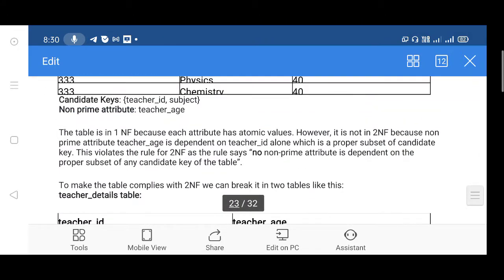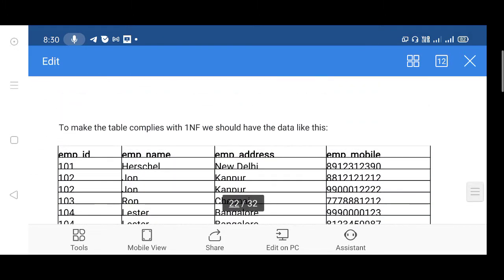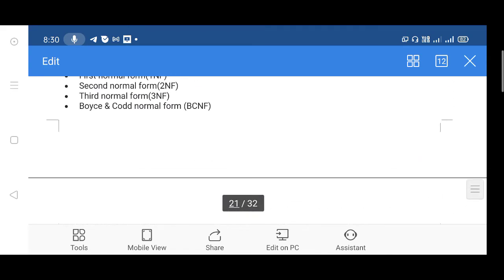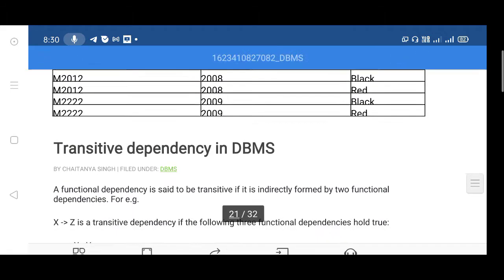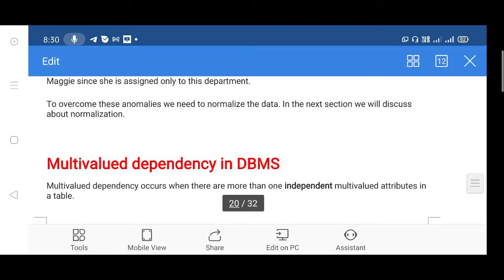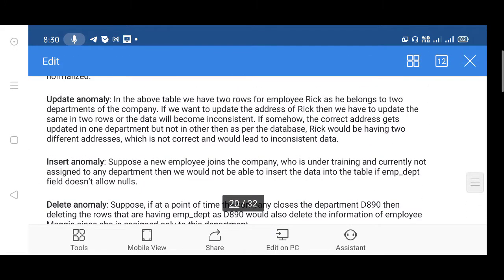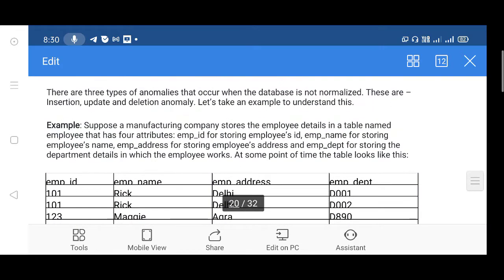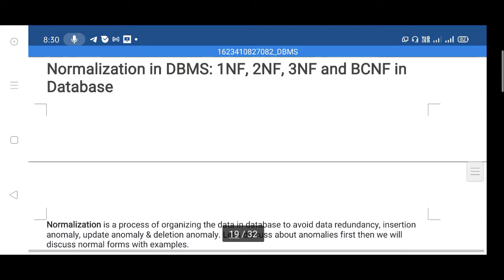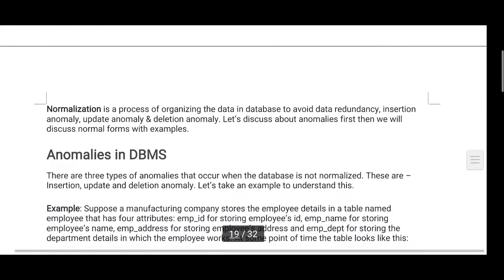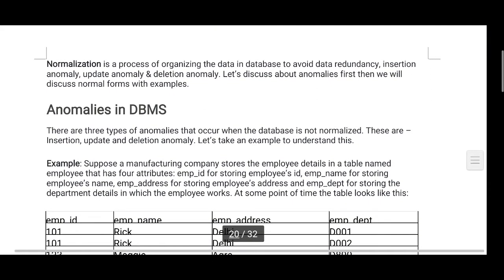Here we see in normalization: multivalued dependencies, transitive dependencies, anomalies. Normalization is the process to reduce the redundancy of the data in the database.